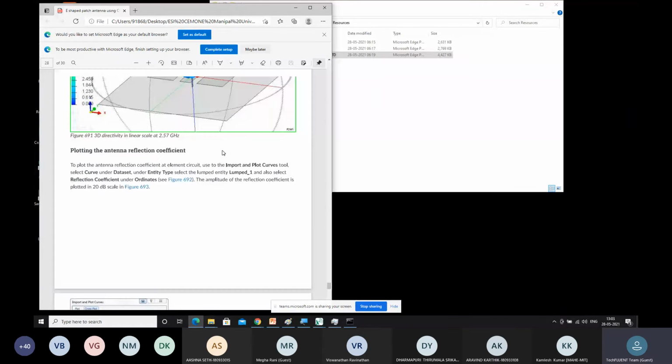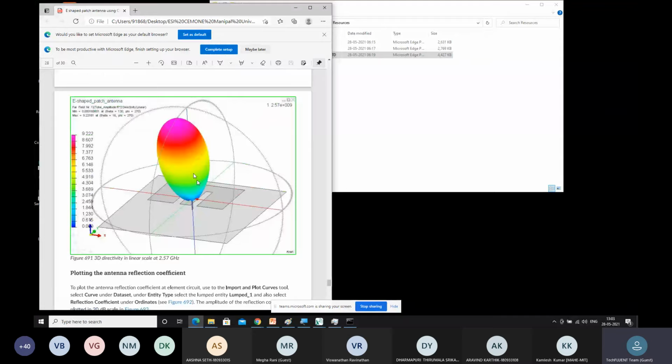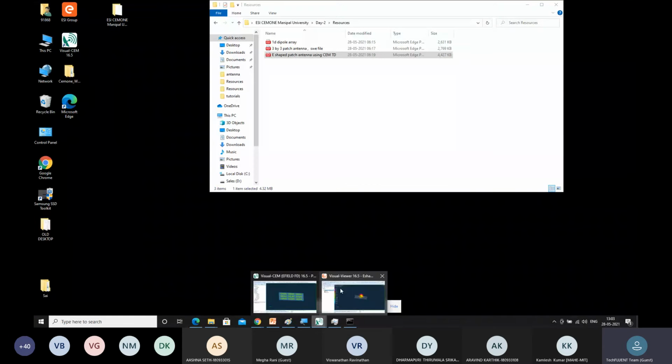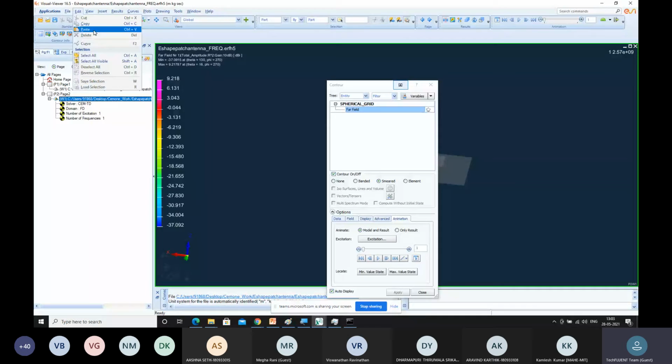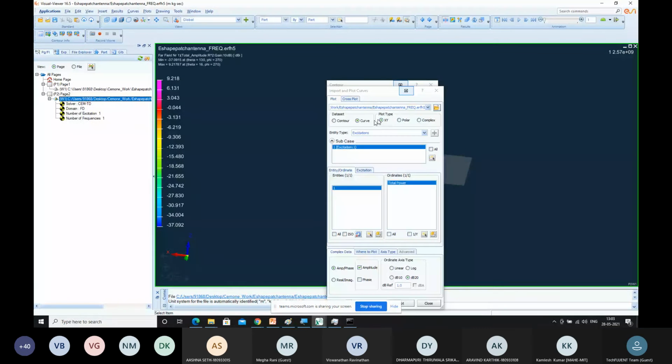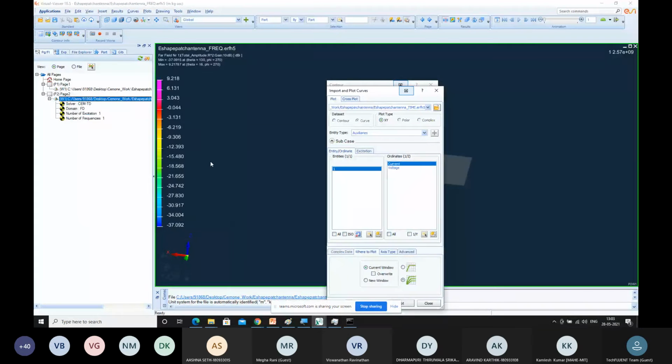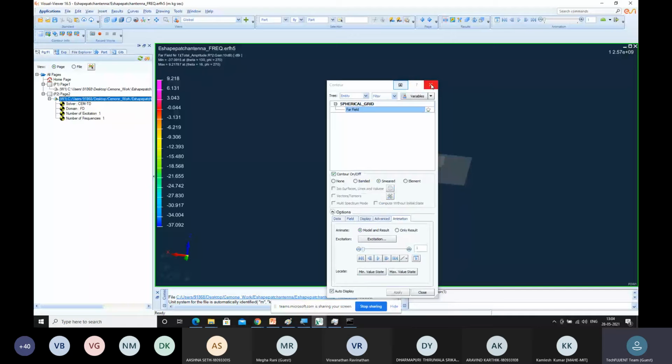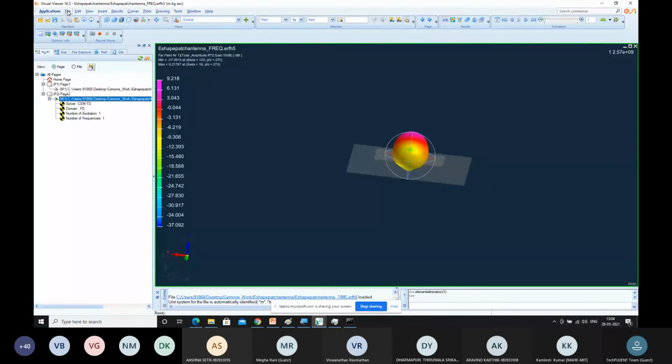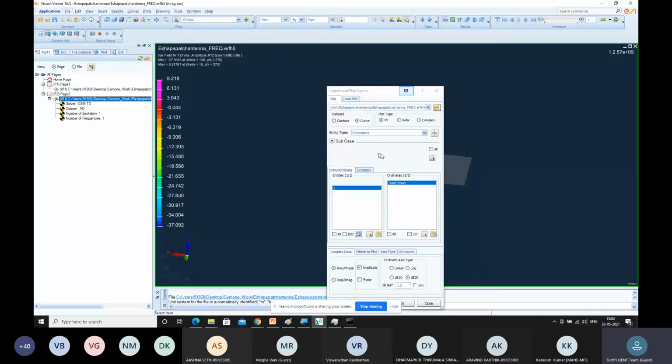This is the same kind of pattern we have got. We can check it out. Here we can go to import and plot curves. You can go with time first. 1 second.